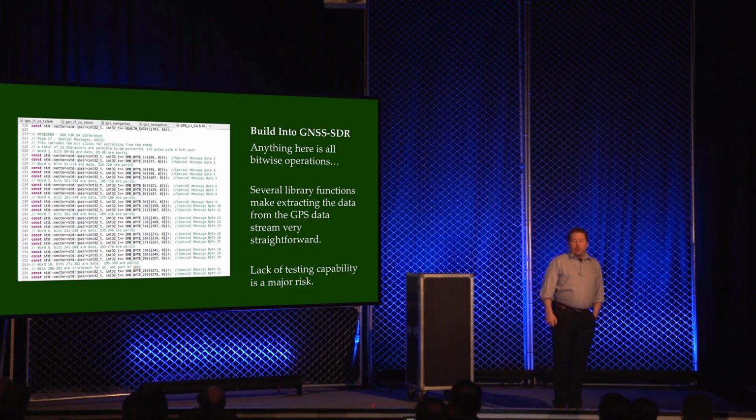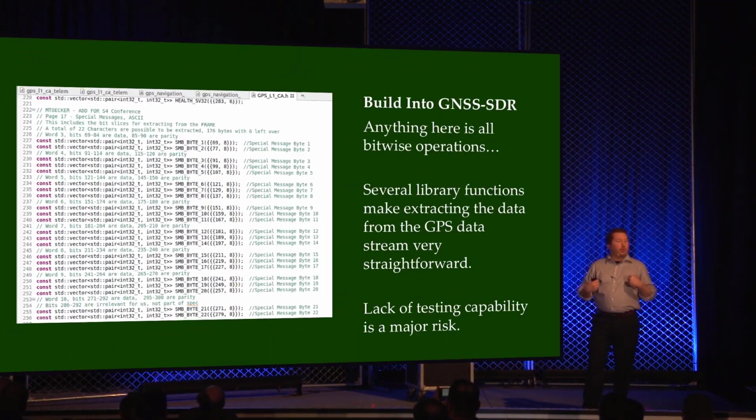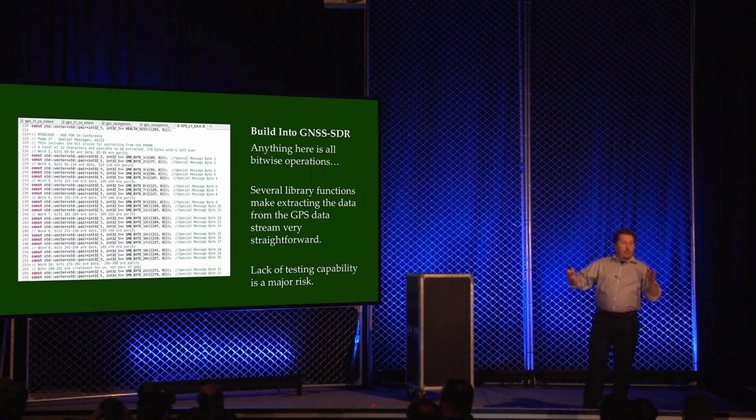So building this into the code is reasonably straightforward. They built a lot of library functions that allow me to extract data from frames pretty well. This is an excerpt of the code right here. So this is where, I was right, there are 22 bytes. This is saying within the code, okay, go from bit here to bit here, pull this out, and turn it into a character. All right, so these are just the constants that say, go from this bit to this bit within the